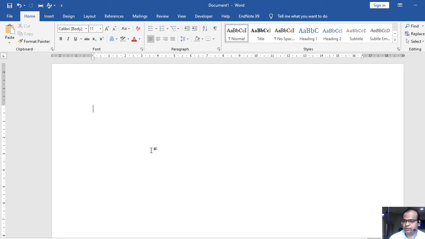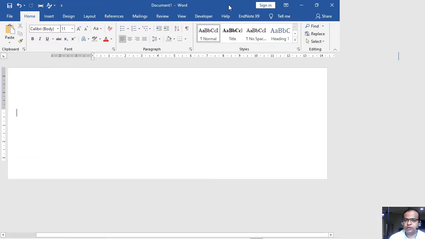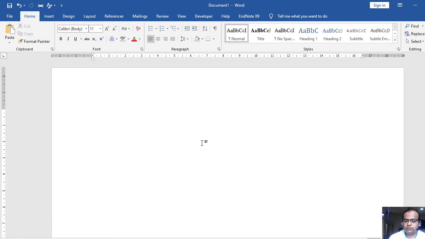So this is my newer file. You may see Document 1 is written. Now many times I found that researchers or those who are writing their theses are creating a separate Microsoft Word file for each of their chapters, right?